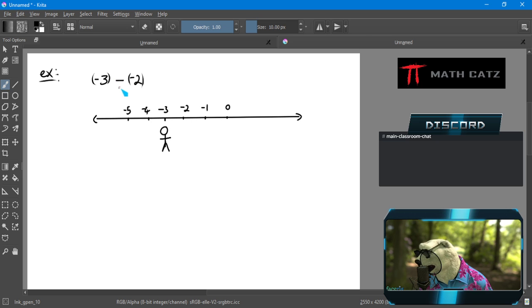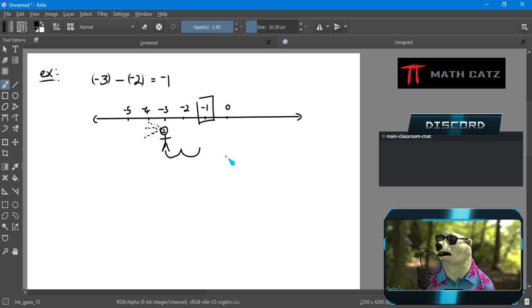Next, I look at subtraction, meaning I'm going to look to the left, the negative side. Then, if this was a +2, the second number, I would walk forward, but it's a -2, so I do the opposite, which is stepping backwards from where I look, and my answer is -1. And we, of course, knew the answer was -1. The issue is, how does the number line model get me to that answer?